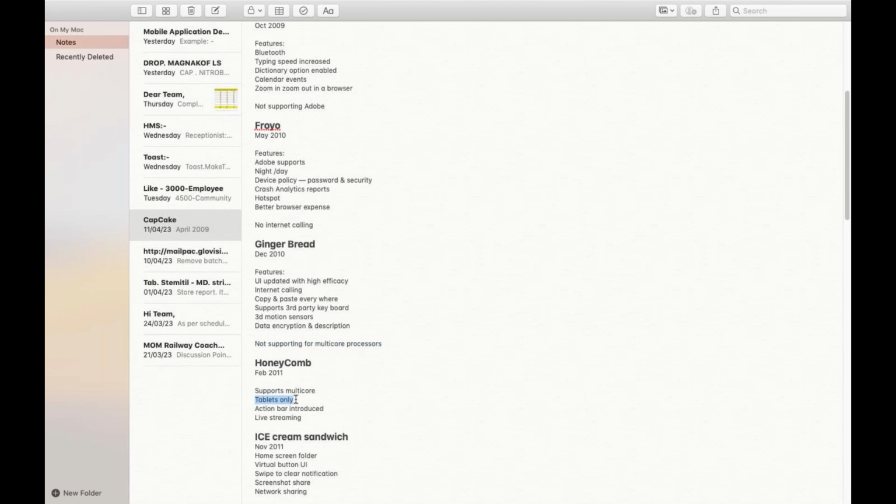But here it has high resolution. It is supporting high resolution and high hardware. So why did this problem occur here? Previously, as I told, until the end of 2010,